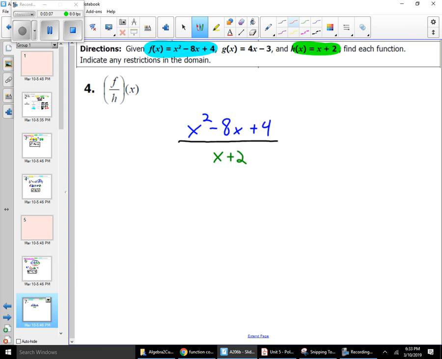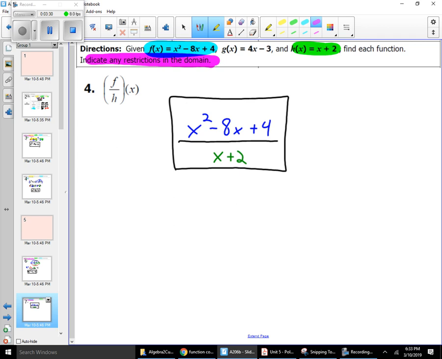That numerator doesn't factor nicely, and more importantly, even if it did, x plus 2 isn't going to be one of those factors. So we're not going to have anything cancel here like we did in the rationals unit. We're not going to get anything crazy. This is done with one caveat: